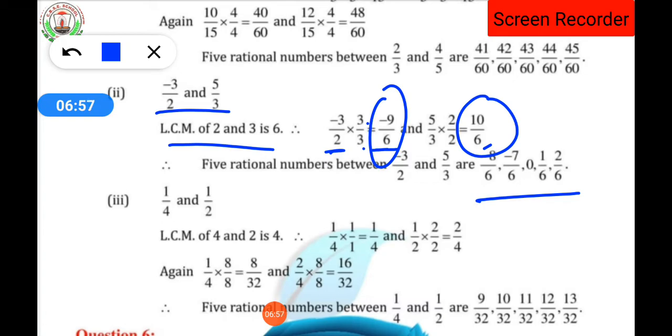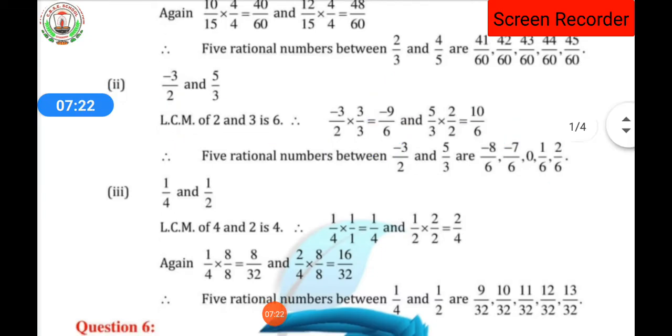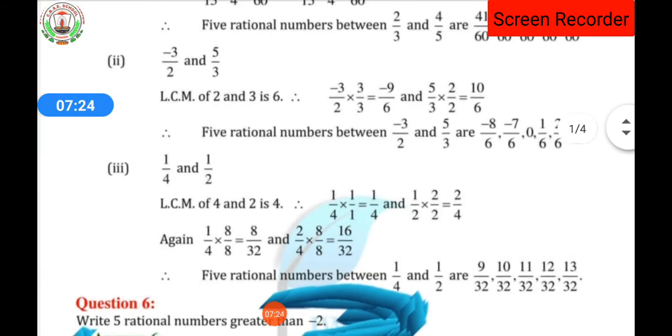Okay, remember one more thing, students, that while finding the rational number, it does not mean that everybody is going to have the same numbers. Between two rational numbers, many crores of rational numbers lie. So don't think your answer is different from others. Their answer is also correct, your answer will also be correct. Why is it so? It is so because many rational numbers lie between the two numbers. Clear?